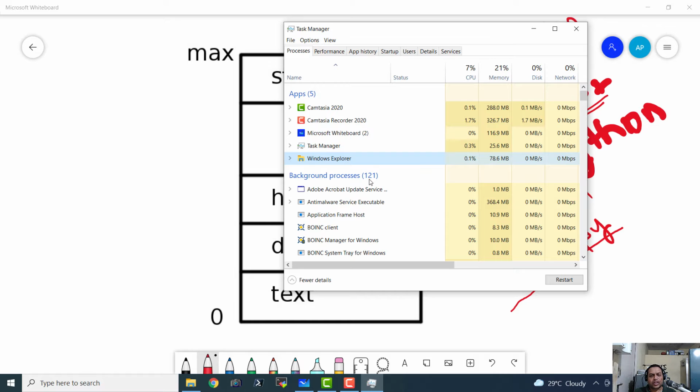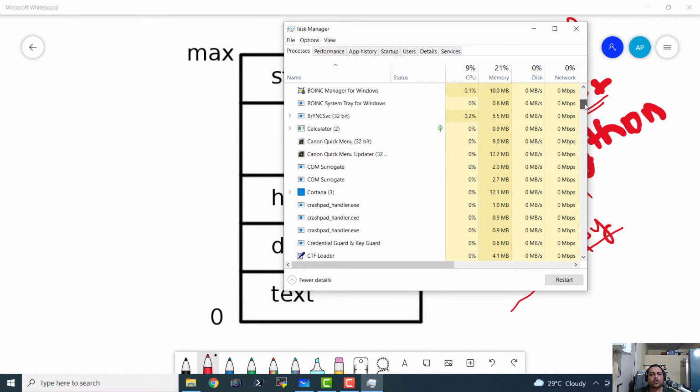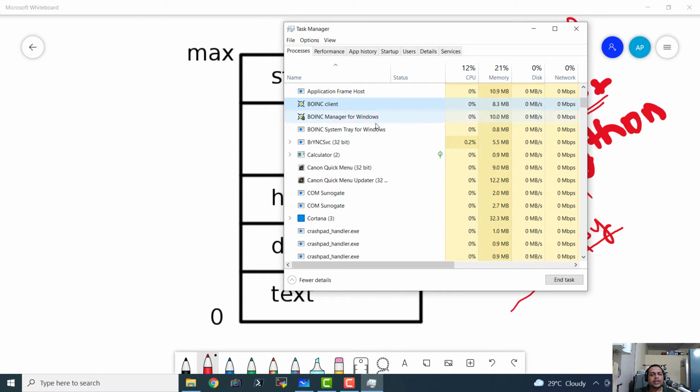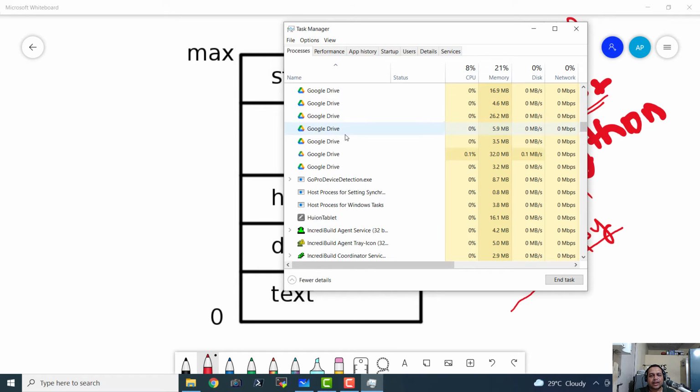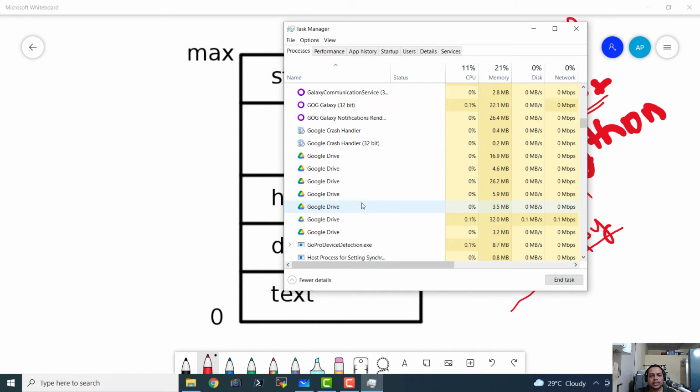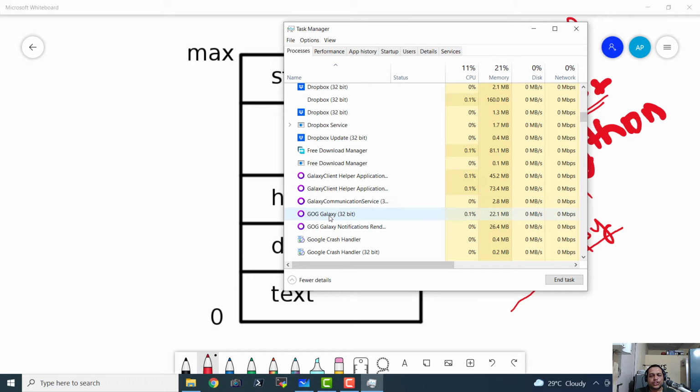Now there are more than 100 background processes that are running currently on this computer. I have installed a lot of programs like the BOINC utility, which is going to scan for possible alien signals for the SETI project. And then I have the Canon Quick View menu. I also have a lot of daemons. There are processes for Google Drive, GOG, and Dropbox.